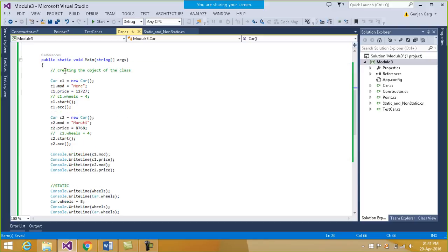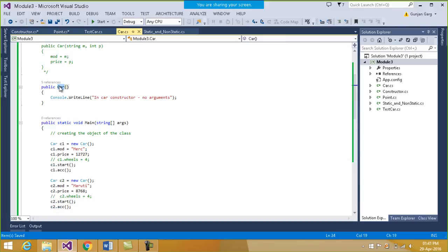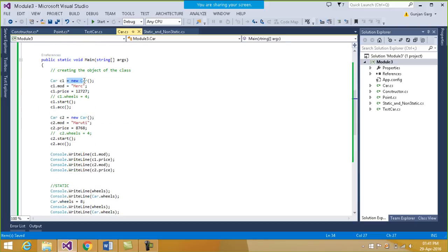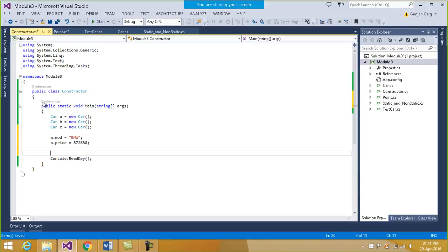Then inside the main function I am creating 2 objects of the Car class. Whenever you are calling new Car, you are actually calling this constructor of the Car class. As soon as the object of the car is created, it will automatically call this constructor of the Car class. Now when we run this code,